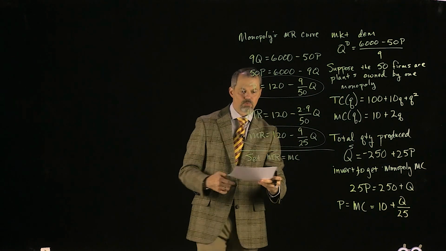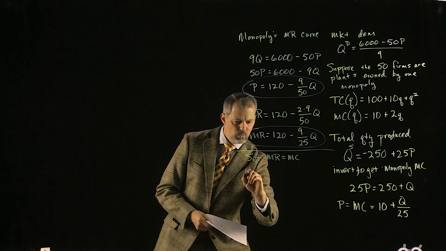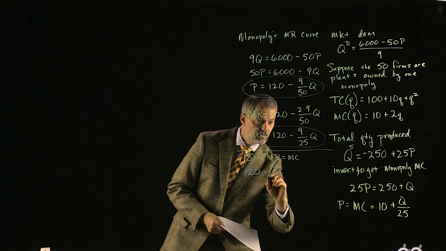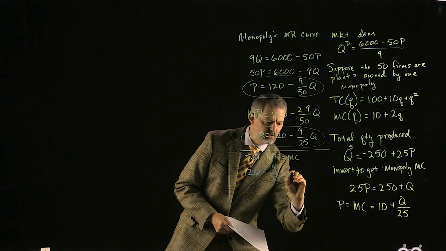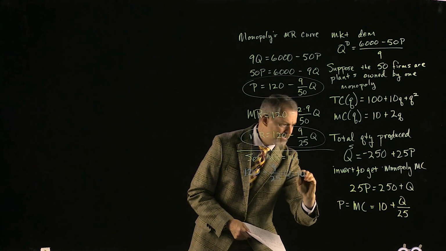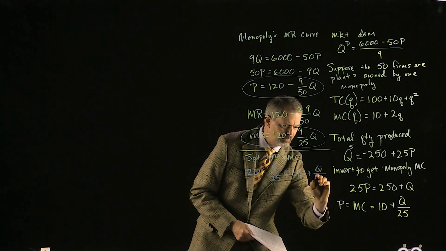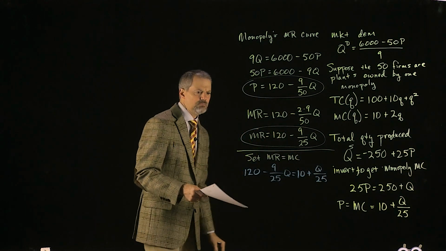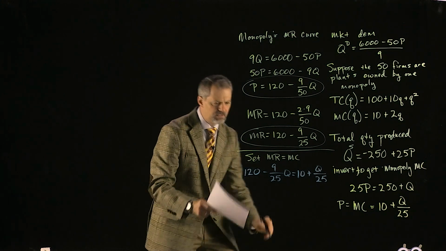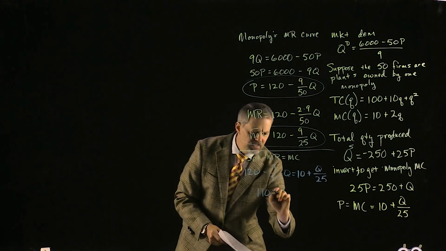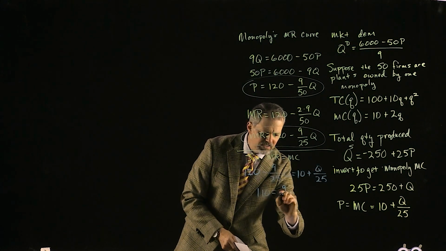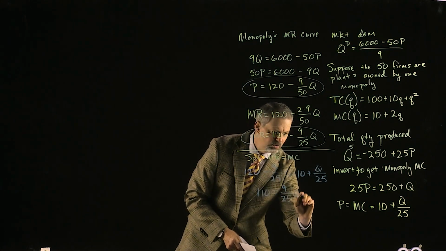So my marginal revenue, 120 minus 9 over 25 times Q, equals my marginal cost, which is right here, 10 plus Q over 25. So I'm going to move the 10 over here. That's going to leave me with 110 over here. So 110 equals, I'm going to move this 9/25 Q over here. It's going to give me 9/25 Q plus